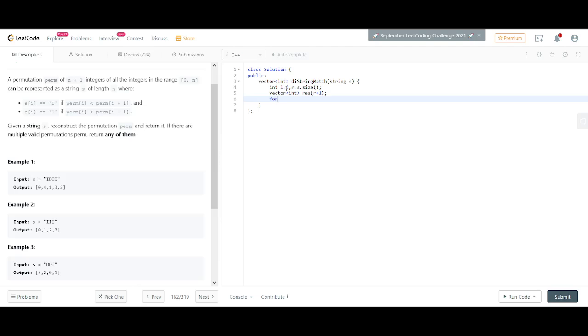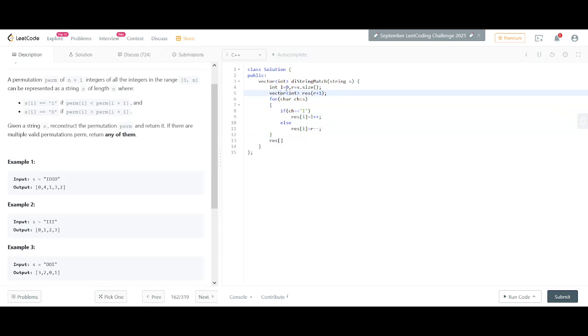And for int I, or we could just add ch in s, if ch is I, then we could just say that res of I equals L, and we try to increment it. So L plus plus, else res of I equals R minus minus, and then we'll try to do res of